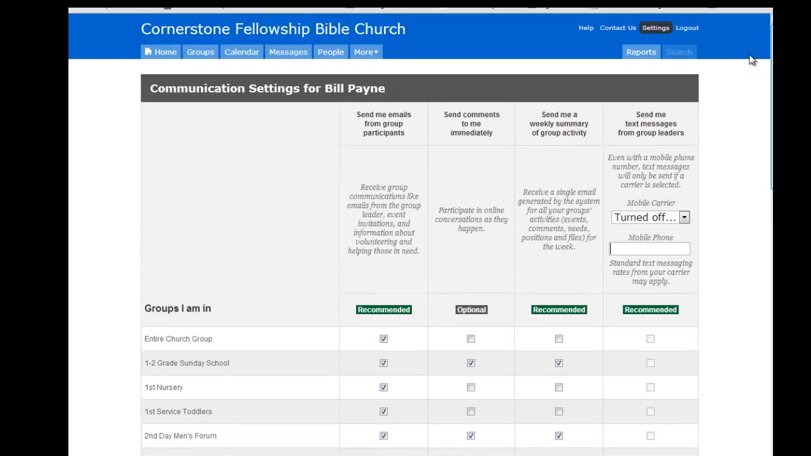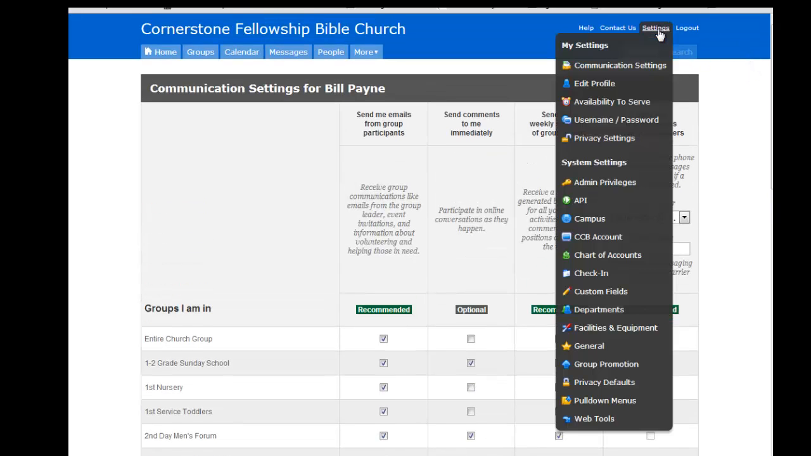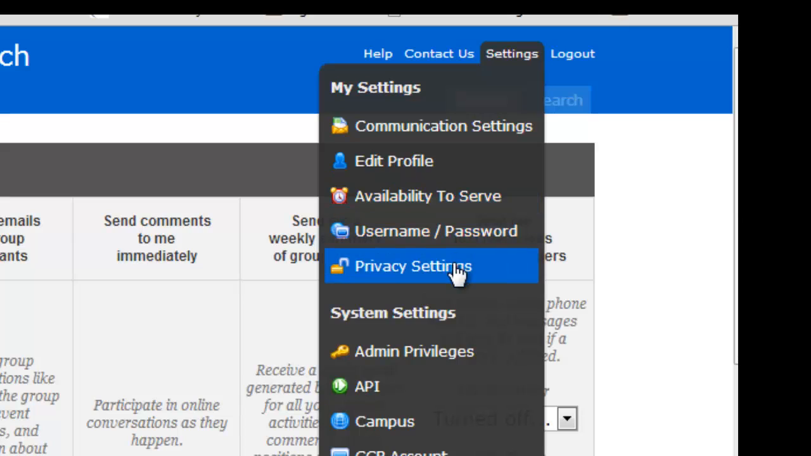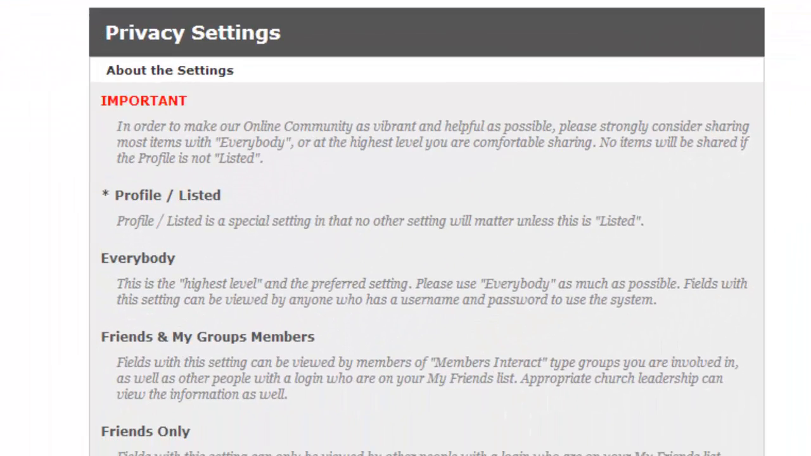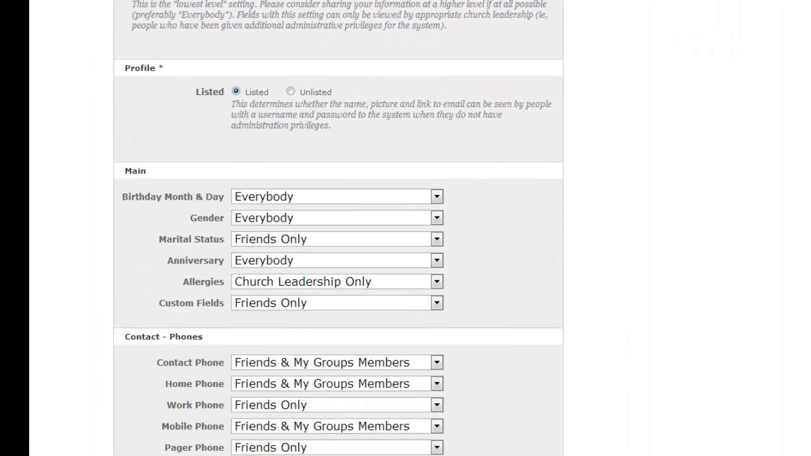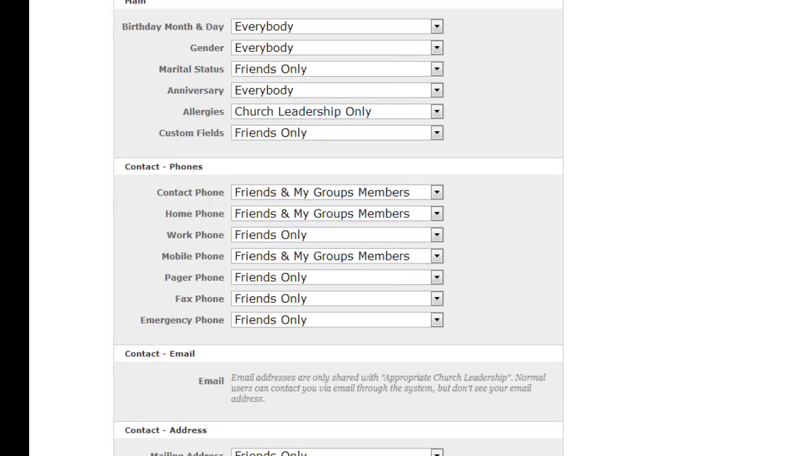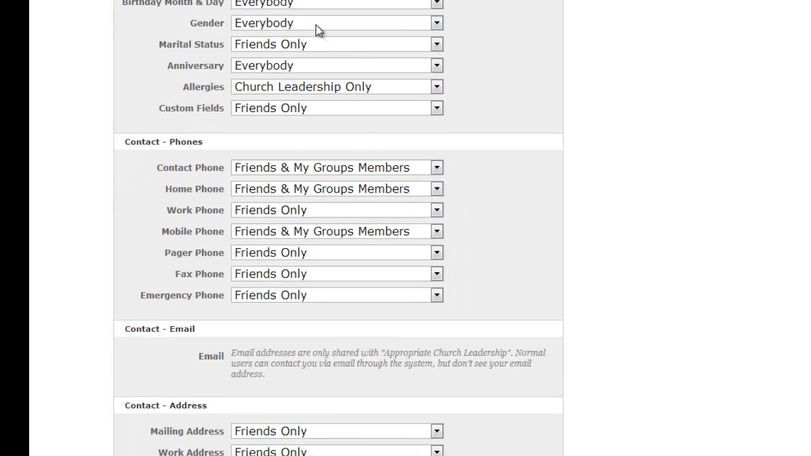The other thing you're going to want to set is your privacy settings. I'm going to come down here and click on this. This is very important because you get to decide how much of your information you want to share with other people that are part of the church body. You can read here what the different choices mean. If you come down, you'll see that for your main listing, you can choose who you want to see your birthday, who you want to see your gender, marital status,